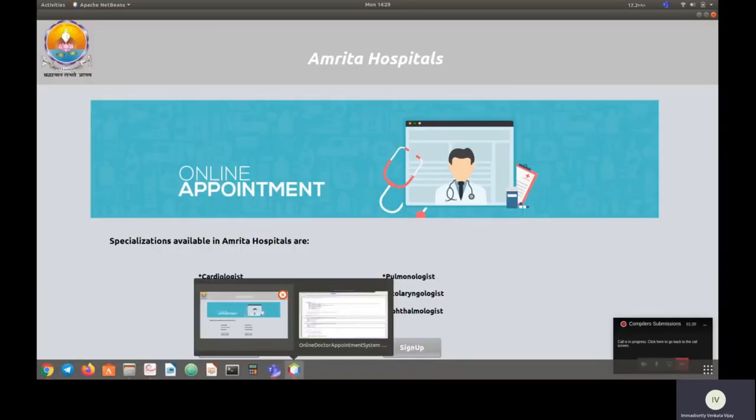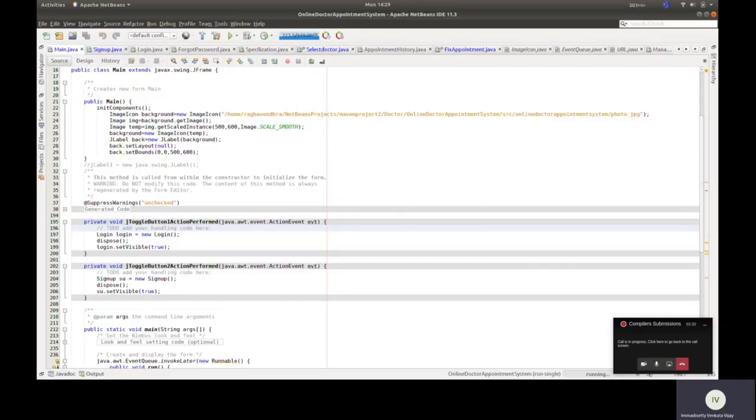When the action is performed on the login button, we created a class login, and we use it to set visible, so whatever is in the login class will run. Whereas when the action is performed on the second button, sign up, the sign up class will be set visible and run.